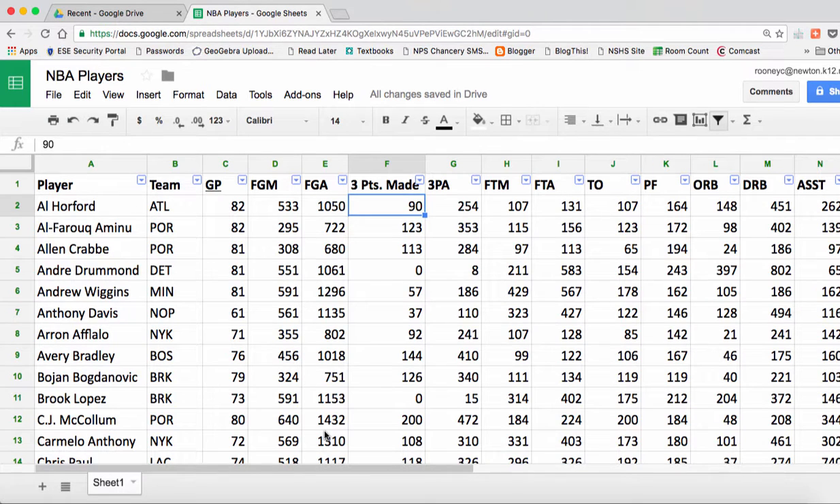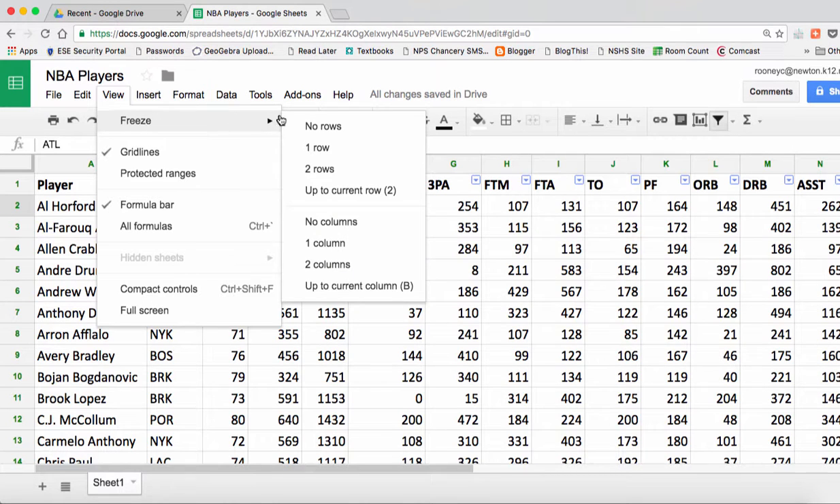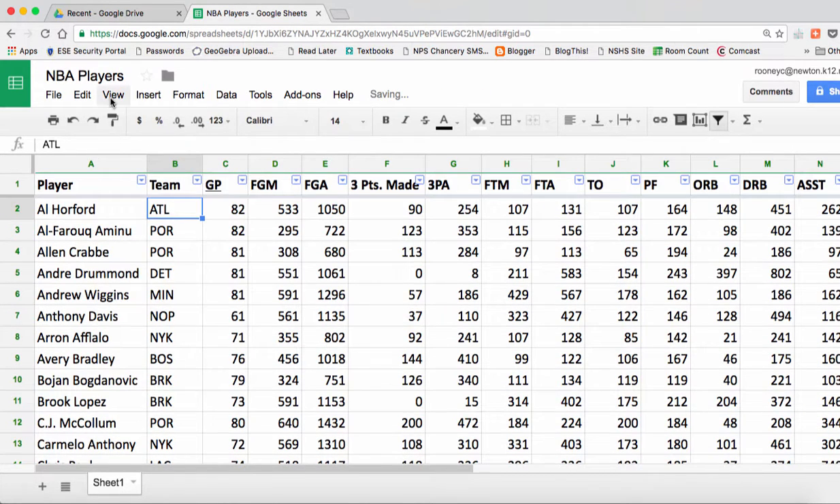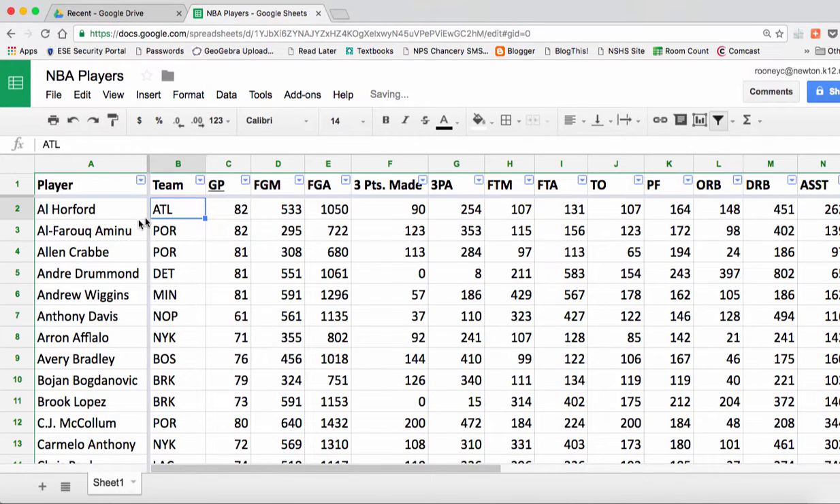Because it's such a large spreadsheet, it's a little unwieldy to look at. So the first thing we're going to do is make it easier. We click into cell B2. We go to View. We go to Freeze, and then we select one row. We go to View, Freeze, and one column. What we've done is we've frozen one row at the top, one column at the left, because what that means